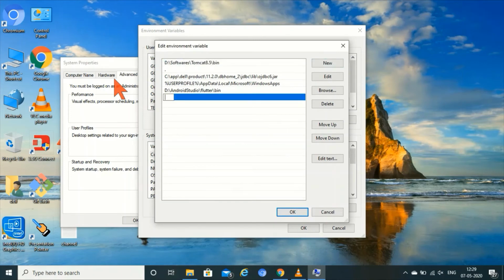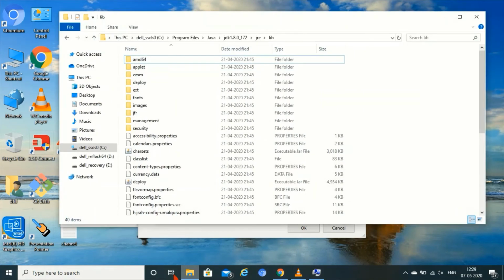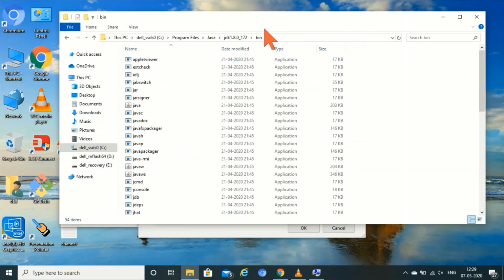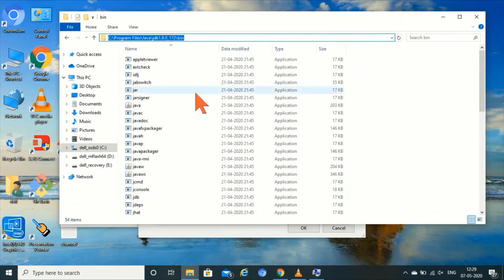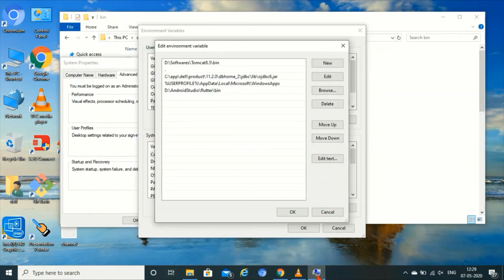Here click on new and copy the Java JDK bin library. Copy this path. Click on it. Paste.